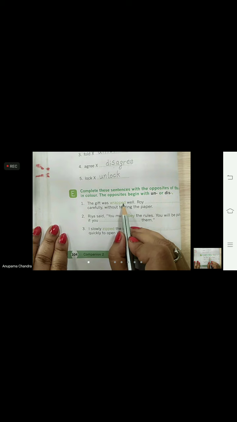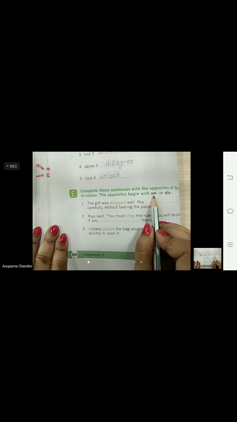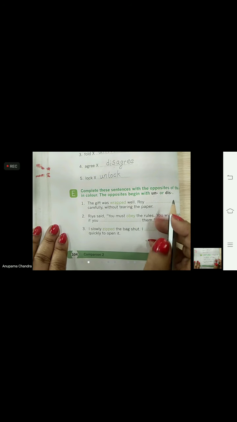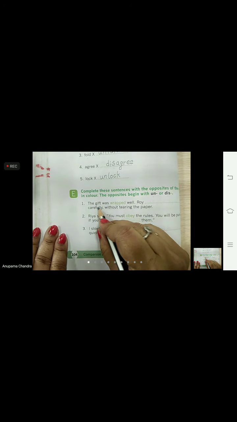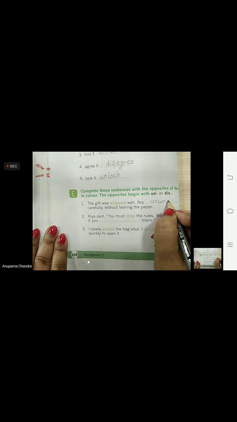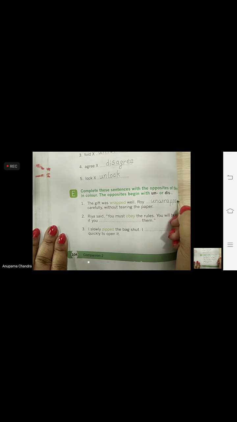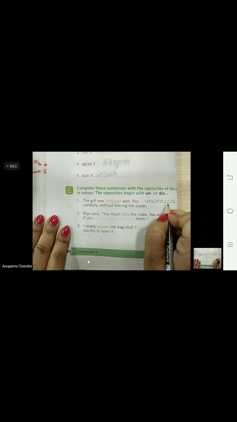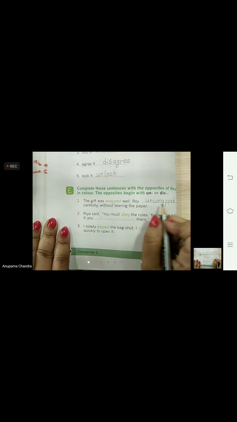And how are we going to make the antonym for it? Using un or dis. So we will use un here. Wrapped, unwrapped.